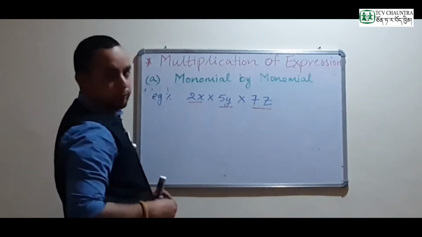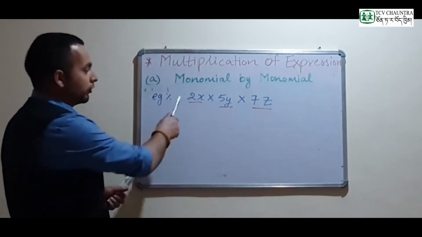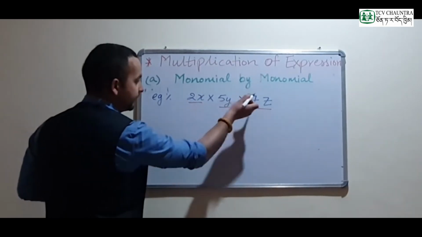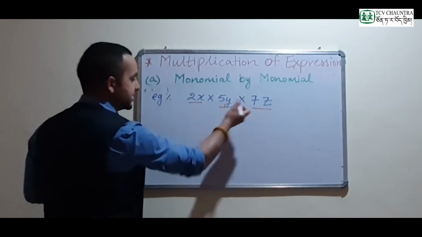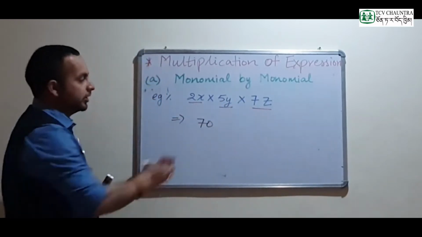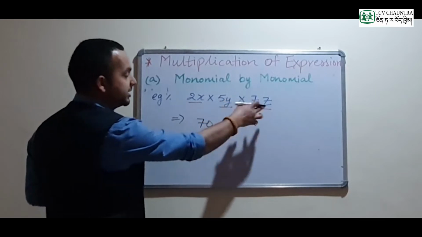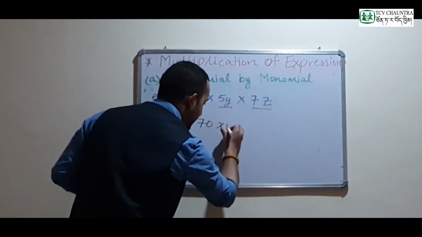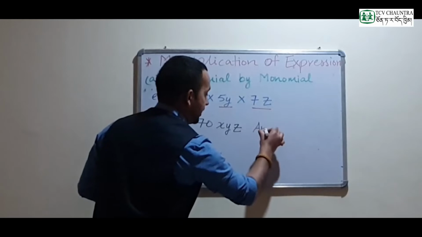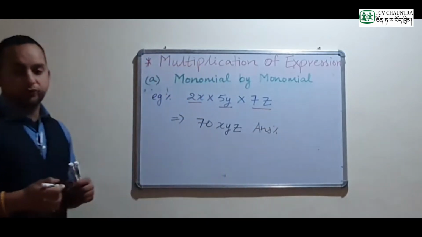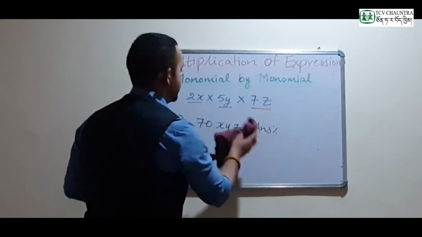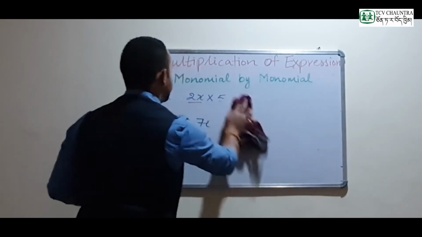When we multiply three monomials, first of all we are going to multiply the numbers themselves. So numbers 2, 5, 7: 2 fives are 10, 10 sevens are 70, right? So x multiply y multiply z, so 70xyz is your answer. Okay, now our next topic is multiplication